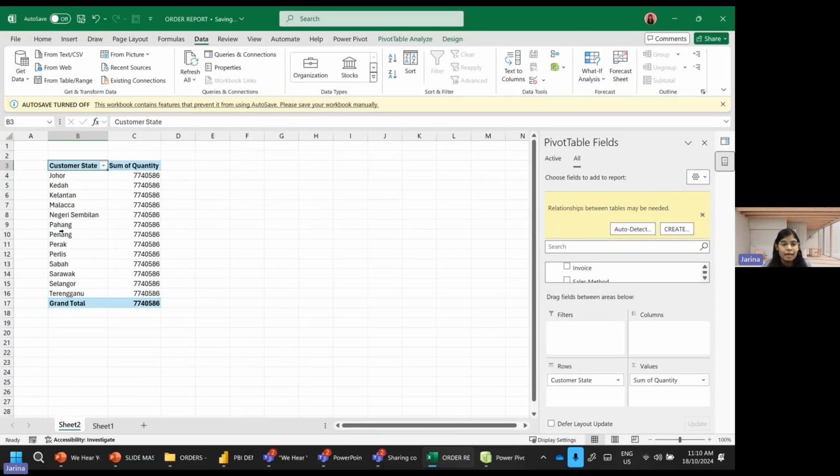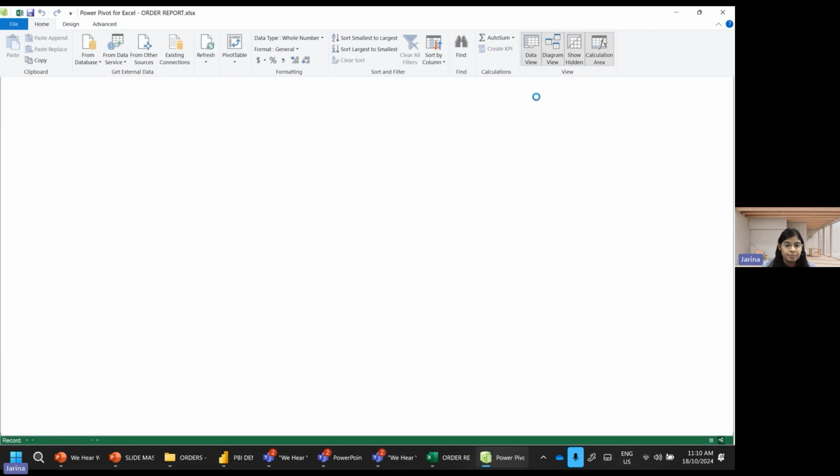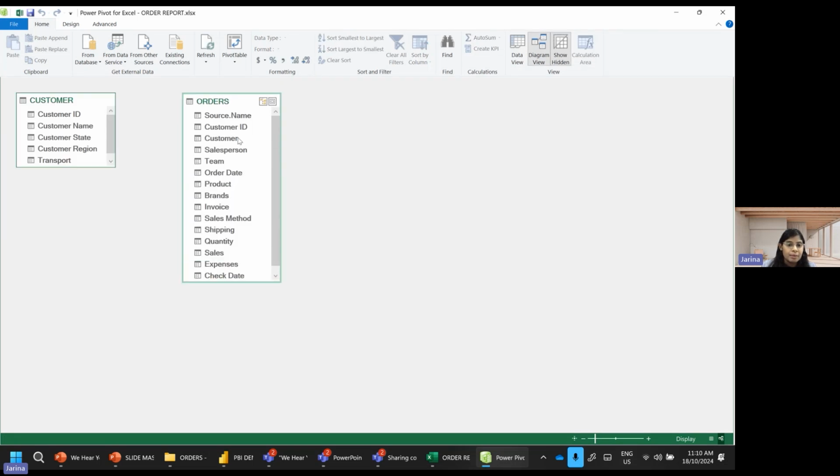So I return to my Power Pivot window. From my Power Pivot window, I'm looking at the worksheet view, which is called data view. I want to move to the diagram view. So under the home ribbon, we go to the diagram view. And then we have the order table with all the columns, and the customer table with all the columns. And I'm using the